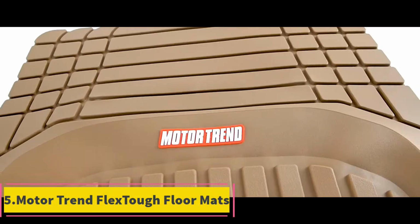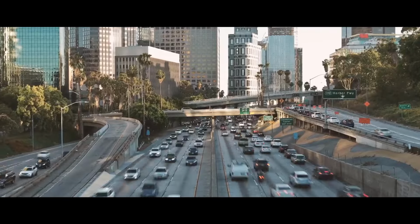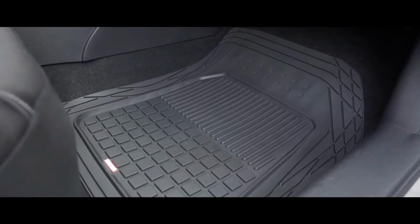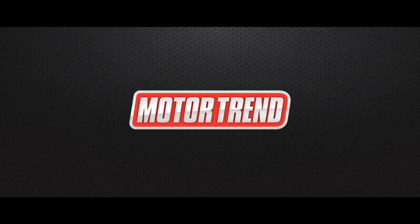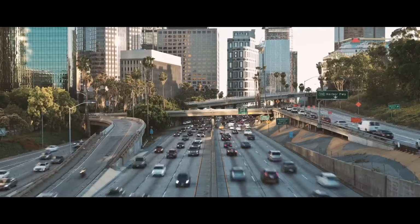Product 5. Product name: Motor Trend FlexTough Floor Mats. The Motor Trend FlexTough floor mats are a durable and versatile solution for protecting your vehicle's interior. These deep-dish, all-weather mats are designed to withstand extreme conditions, making them ideal for a variety of vehicles, including cars, trucks, and SUVs. The mats are made from a waterproof material, which prevents dirt, mud, snow, and spills from damaging